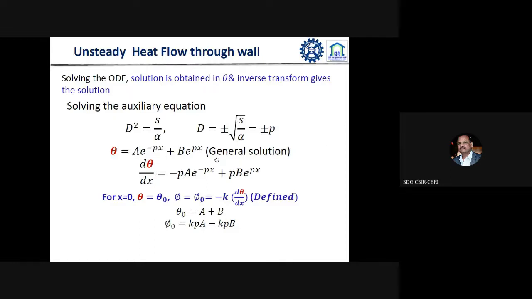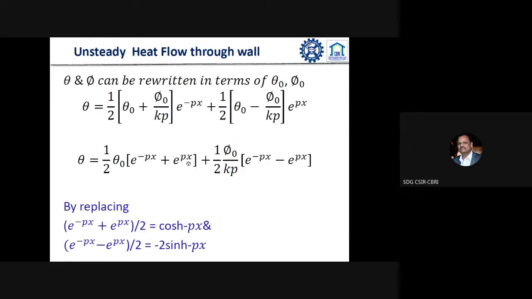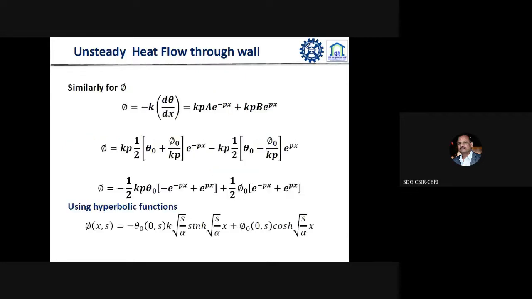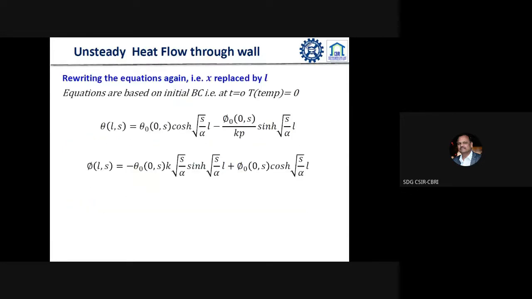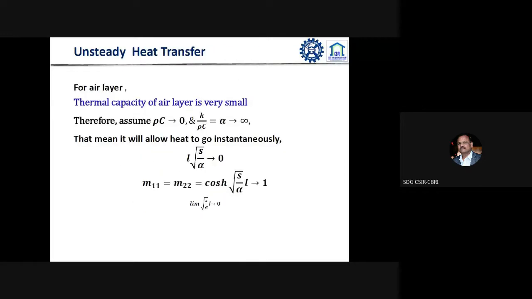We have to solve this equation, and this is what we know as the general solution. In the case of the Laplace transform, we go with this particular equation, and if you solve it with respect to x and the boundary conditions, we can get the result. I will quickly go through the equations, as these are not required at present, so I will go straight to the output. After that we can get that particular transformation matrix.